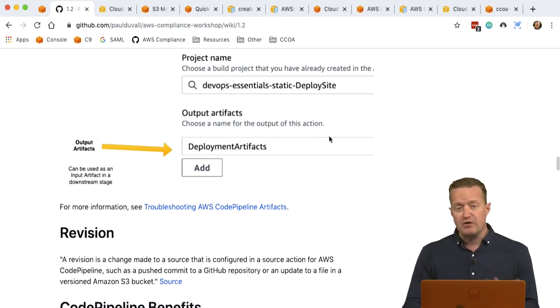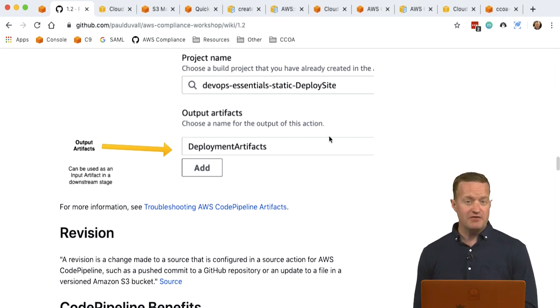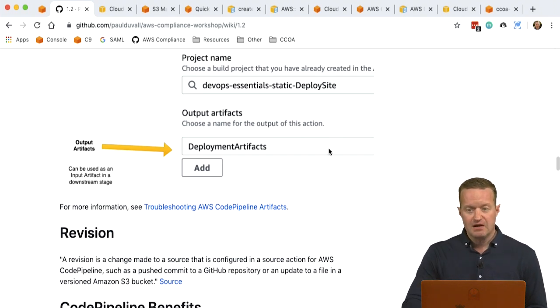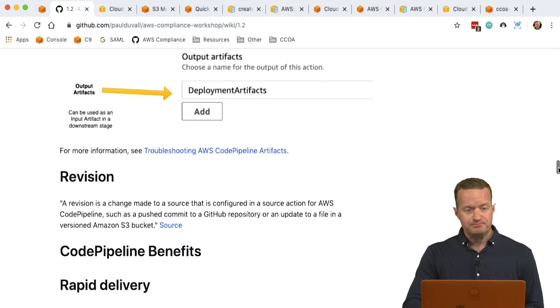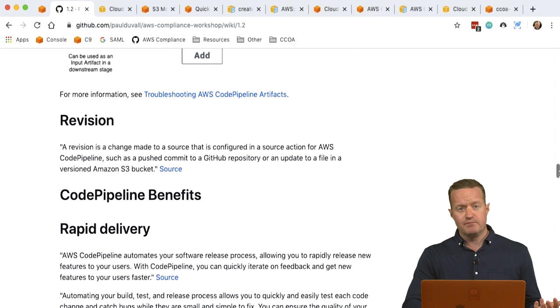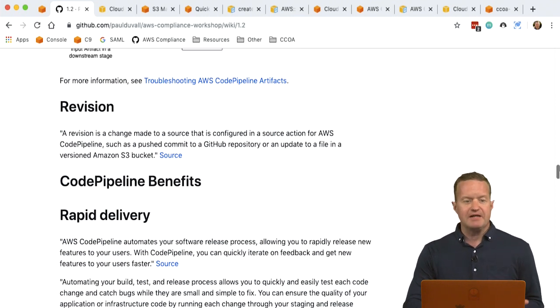Artifacts, you can call them whatever you want when you define them, but you need to refer to them based on that logical name that you already chose whenever you use them again. So we'll see an example of this as well. And in revision, that you make to the source that gets configured in a push commit to a GitHub repository, code commit, or an update that you make to an Amazon S3